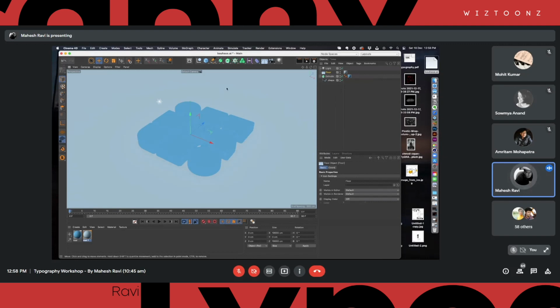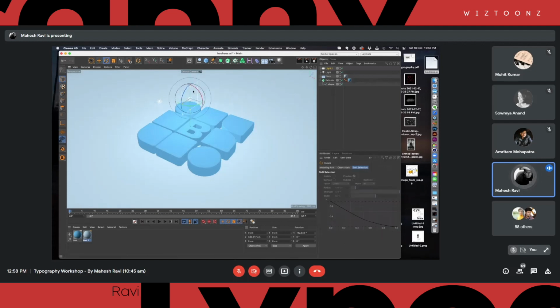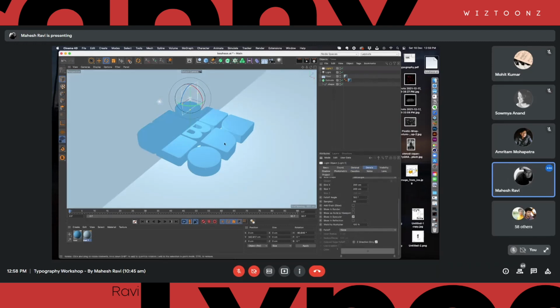I want to make a little more effects in here. So what I'm going to do is I'm going to go to lights and I'm going to create an area light, right? So I have this area light right now. You can see the effect of it here. I'm just going to turn this to one side, and I want the light to emit to only one side. So I'm going to say that emit only in one direction. So the light is coming only in one direction right now, just this direction.